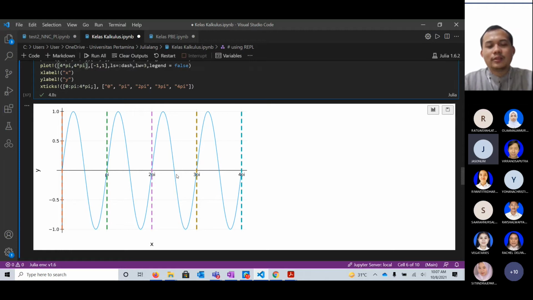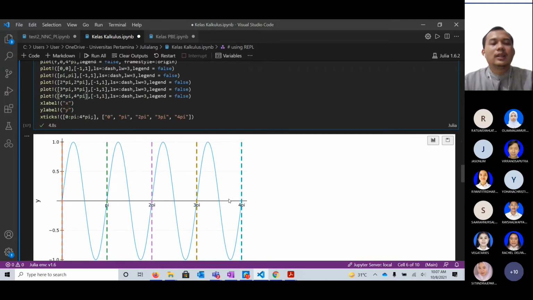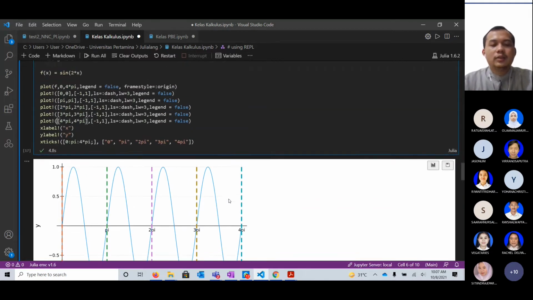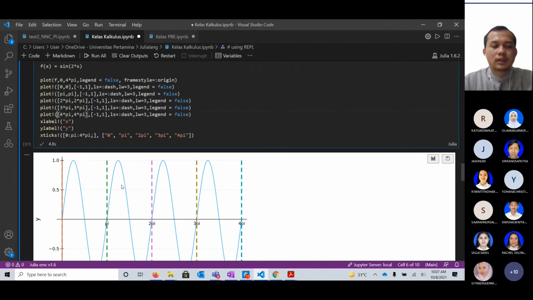And from 2 pi to 3 pi, what is the distance from 2 pi to 3 pi? A pi also. And how about the last one from 3 pi to 4 pi? Pi also. Okay. Now, let me remind you that this blue curve that goes up and down, up and